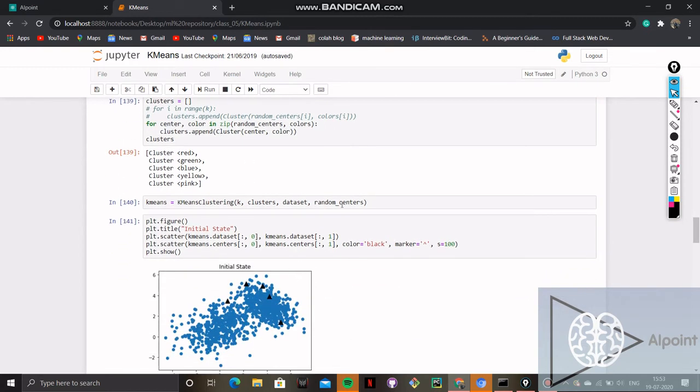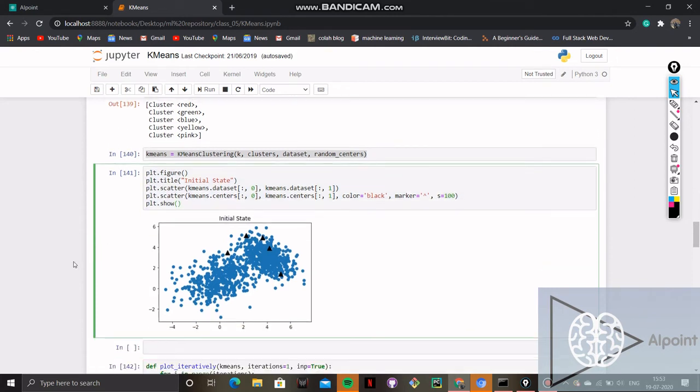Now we are initializing the k-means clustering algorithm with the help of matplotlib. This is the initial state of the clusters, where the random points are. How many random points did we choose? k is equal to 5, so 1, 2, 3, 4, 5, five centroids are described here in the data.